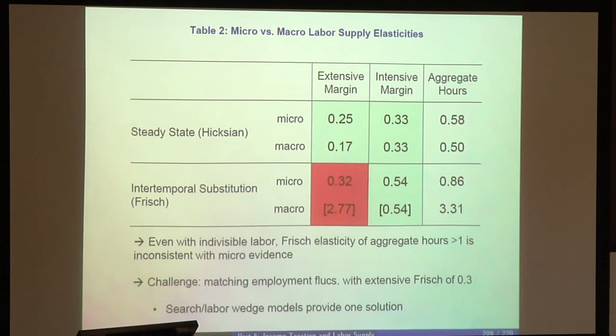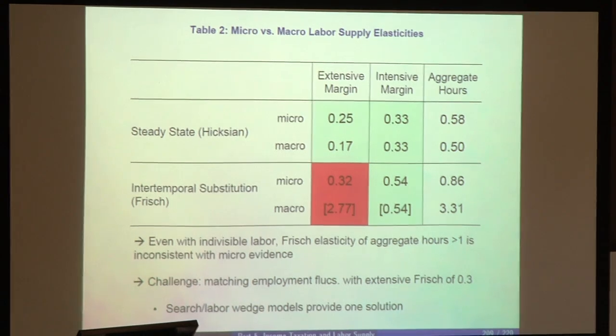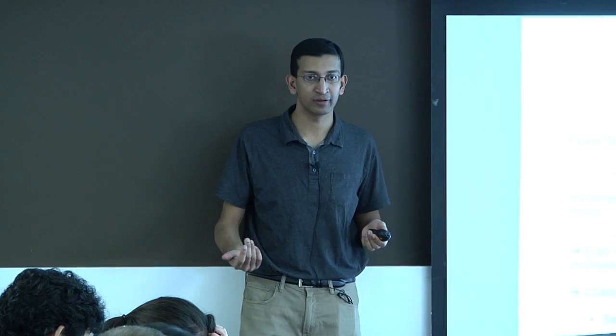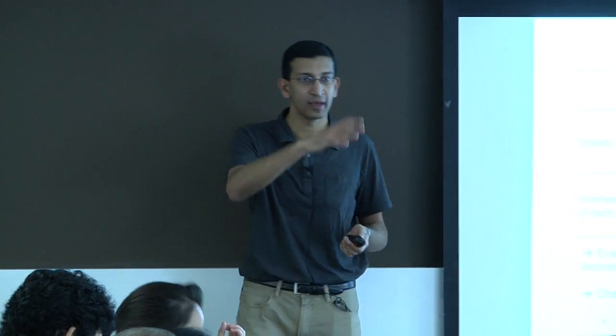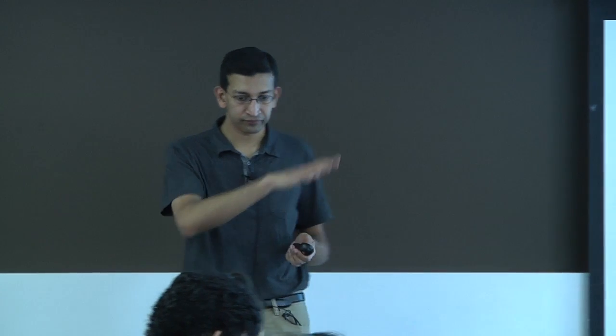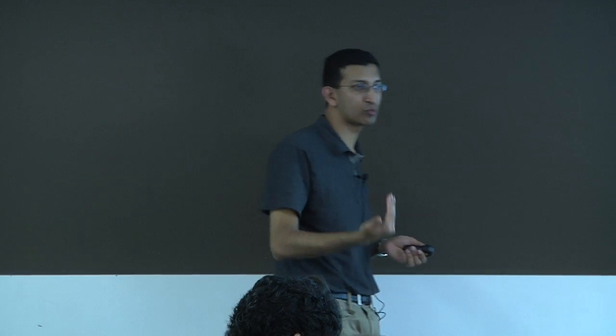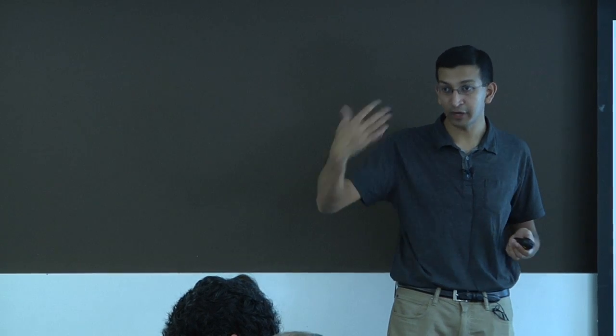is inconsistent with microevidence. What's a layman's way to say that? We don't have 20 million people who are not working in the US today because they're unhappy that wages fell by a couple percent and decided not to work. That's what the RBC model is, right? You're on the labor supply curve. Wages fell by a little bit, for some reason we're less productive right now, and unemployment is totally explained by the fact that a bunch of people chose not to work given current wages.